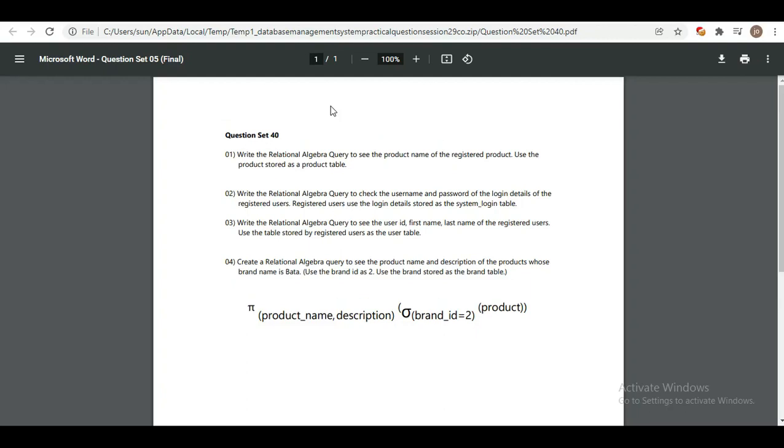So in the first question it says to write the relational algebra query to see the product name of the registered products, and to do this I've been told to use the product table. So the answer for this will look like this,